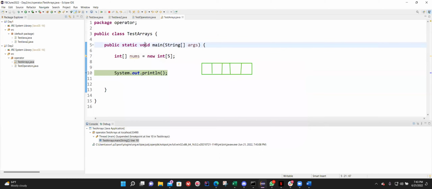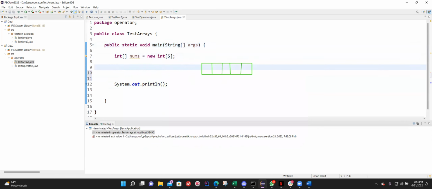Question is, how do I put value inside these variables or these boxes? The process is simple again. Let me stop the execution, and I can put the value inside this variable using indexes. So nums of square bracket, and I will say 0th index, that means the first box. In an array, everything happens in index. So 0, 1, 2, 3, 4. Index means nothing but position, right? So on the 0th position, or the first position, I want to put a value, let me say